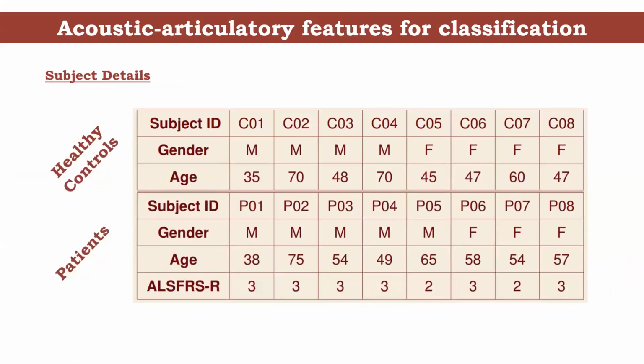And we have a very small set of subjects: healthy people, 8 of them, and patients, 8 of them. And as you can see, the ALS-FRS scores are in the mid-range, 2 to 3. And age we try to match to the extent possible. You understand that, right? Even if you try to, you can see the gender is not fully balanced. Even if you try to balance, you can't, because you can't recruit them. You have to wait for them to come to the hospital,